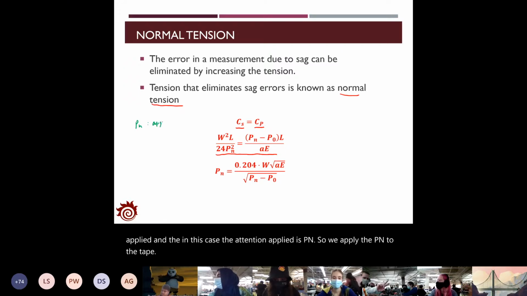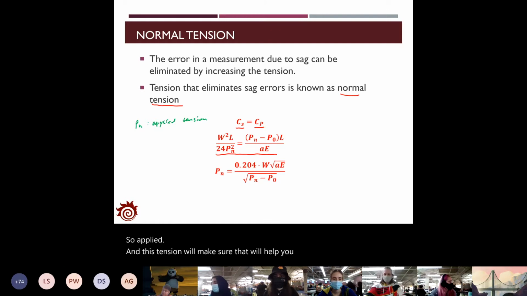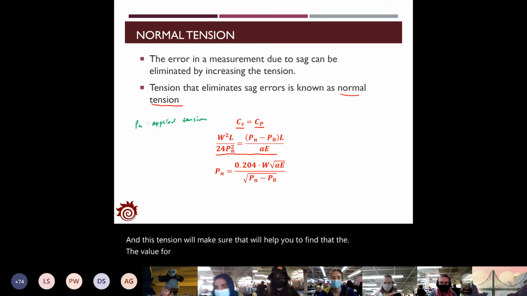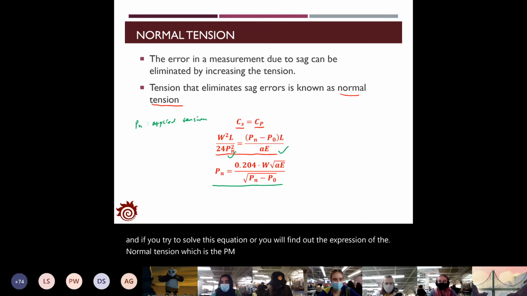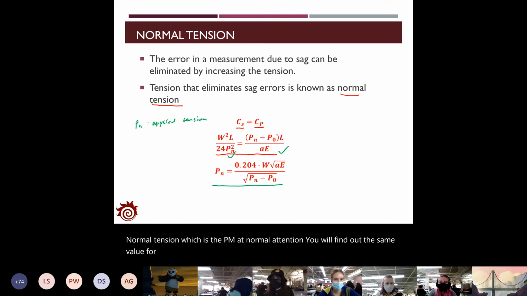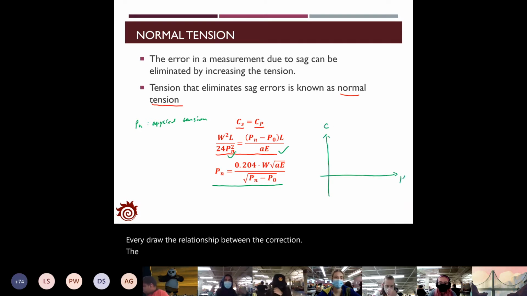With this applied tension, the value for the sag correction will be the same as the tension correction. And if you solve this equation, you will find the expression of the normal tension, which is Pn. At the normal tension, you will find the same value for the sag correction and the tension correction. So basically, if we draw the relationship between the correction and the tension,